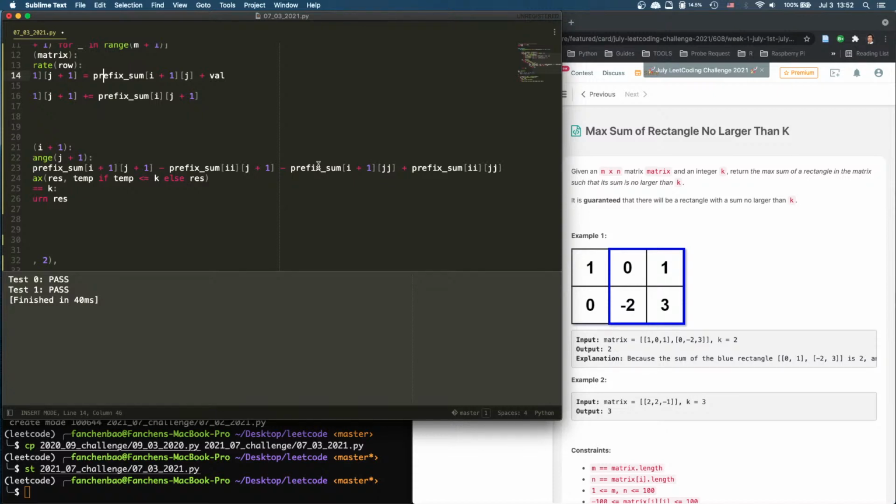No larger than k. So the current strategy was find all the sums, not all the sums. But apparently that's not good enough. I already try to return if it's a k, but it could be